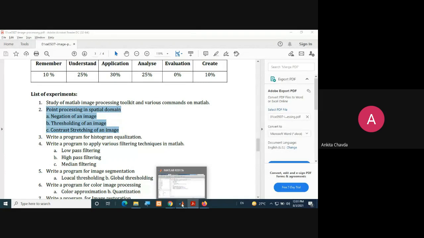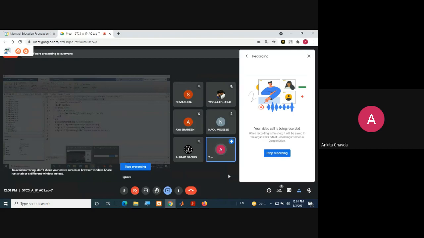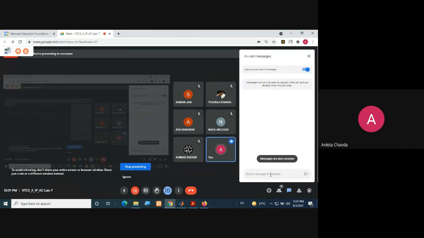So the very first program is for image negative. In image negative, we have done this via built-in function, which was imcomplement, right? Now you need to do it manually. For the manual way, do you remember the formula L minus 1 minus r? It means your highest level minus your current intensity, and you will get the new intensity.